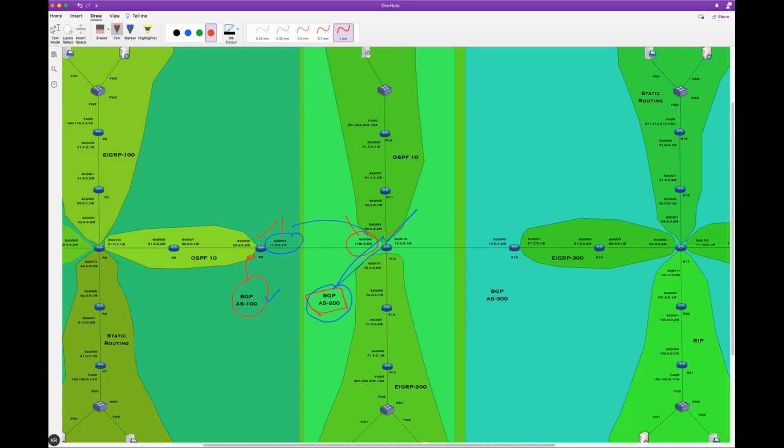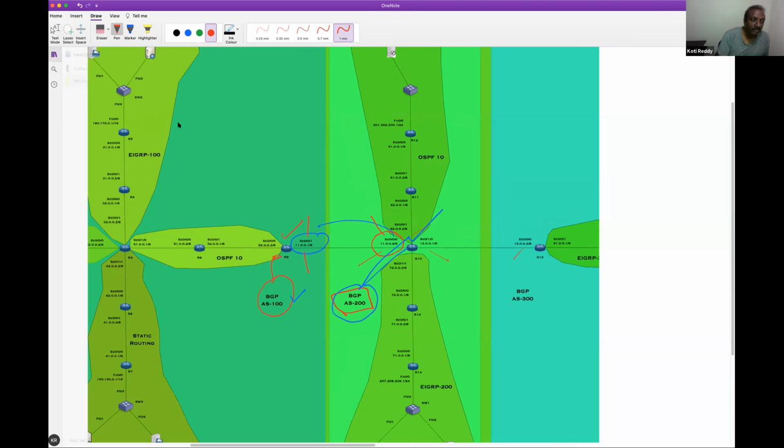I edited some printing mistake. When I did the design, I did wrong there. So this is what: 11.1, 11.2, 12.1, 12.2. But out of curiosity, I want to know why does that affect? There are different IP addresses, right? How can they reach? In the previous diagram, it was like this.